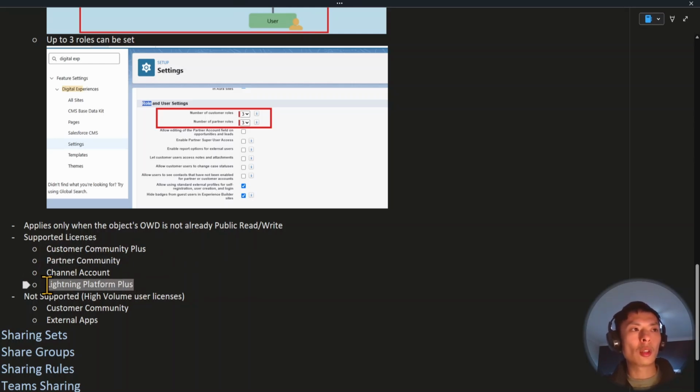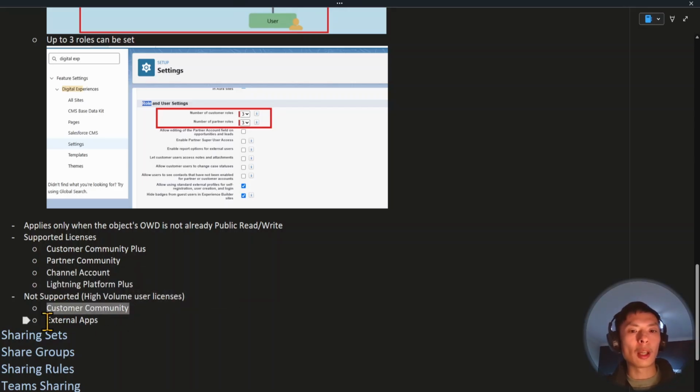And this is a Salesforce internal license that's typically assigned to employees of the company that also allows access to external sites. It's not supported for high volume user licenses, as these licenses do not support roles,